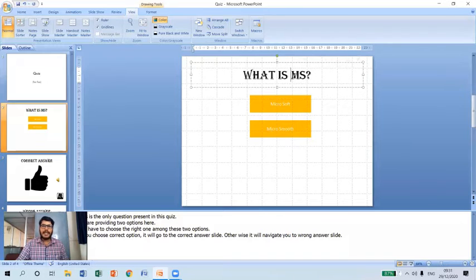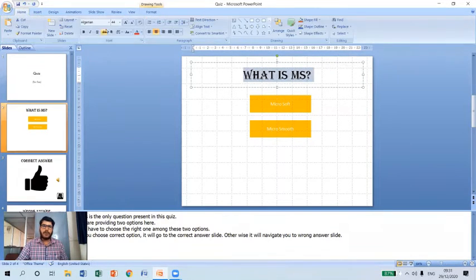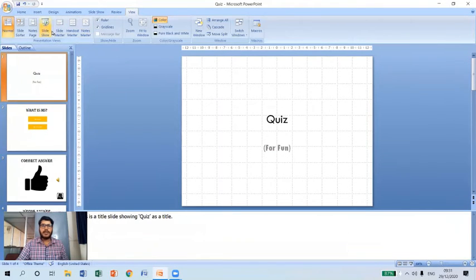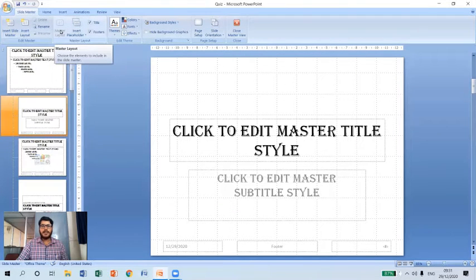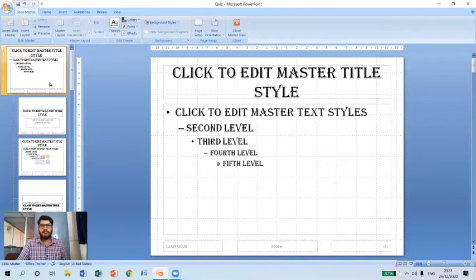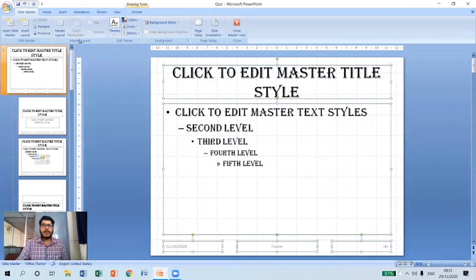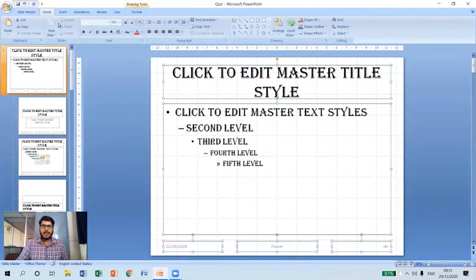No need to select individual titles like this, and no need to go to font style here. So instead of doing this, we can simply set a master slide by going through slide master view. So here, let me do it once again. Now I'm going to select all the content present in the slide. Please observe.